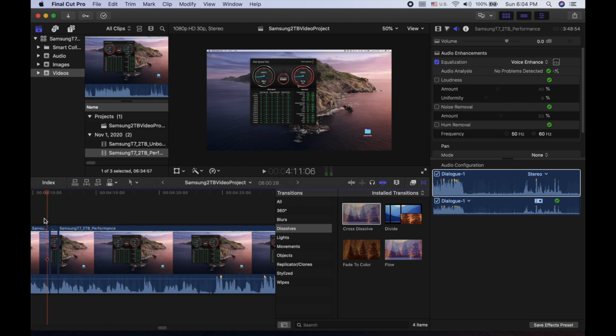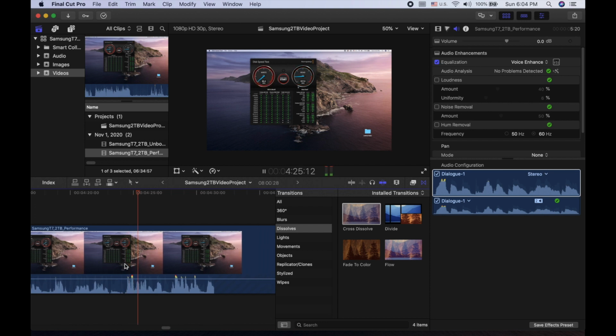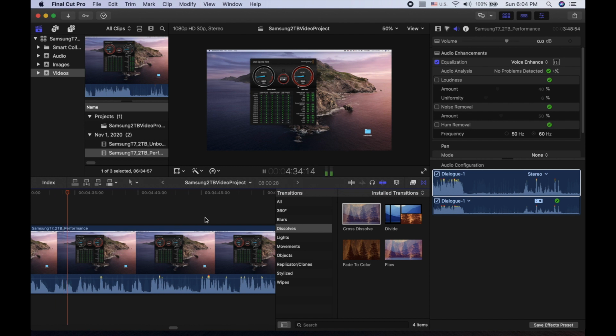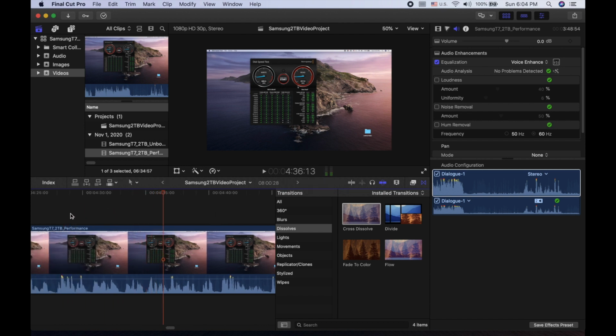I think we're going to go ahead and take out a lot of this discussion about the different Thunderbolt and USB protocols. So consider the Samsung T7 when you are considering an external USB connected